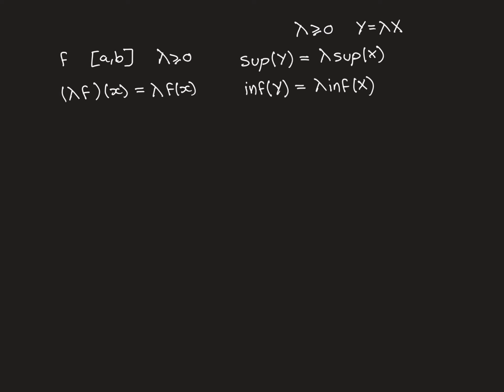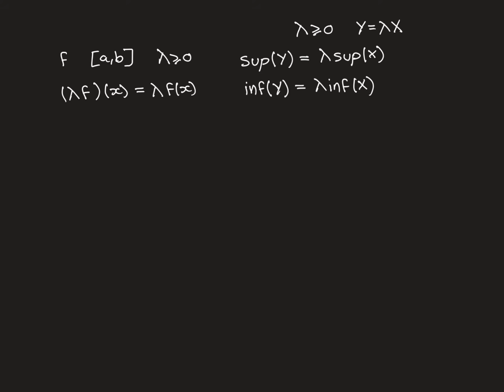So let's continue then. We want to prove that lambda times f, where lambda is greater than or equal to 0, is going to be Riemann integrable, and that the value of that integral is going to be lambda times the integral of f. And we're going to use this result here that holds true for lambda greater than or equal to 0,